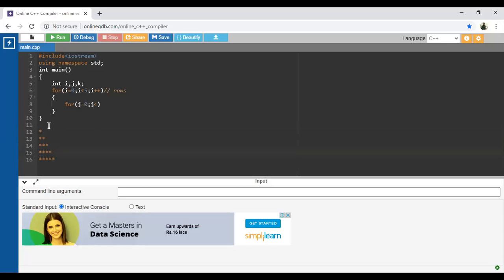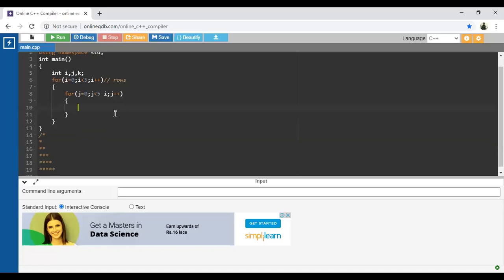So first of all, complete this particular portion. What is the logic behind this portion or region? Yesterday we have done this, I think. How is j going to be? j is less than 5 minus i, and then j plus plus.